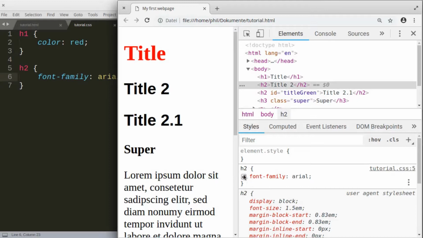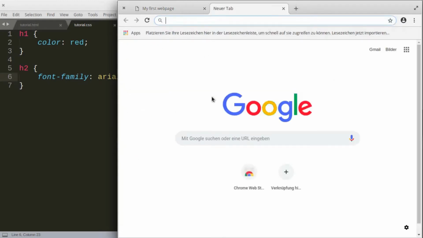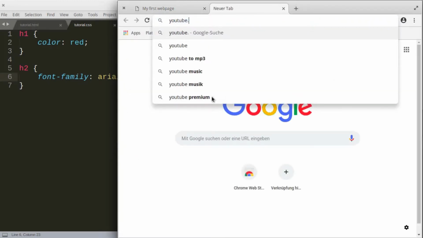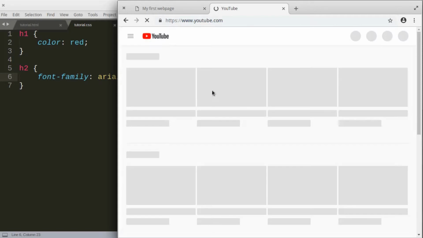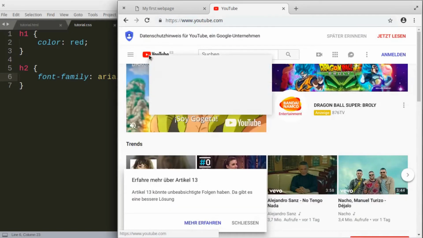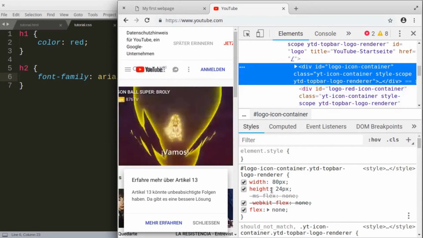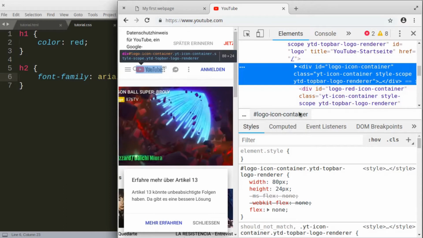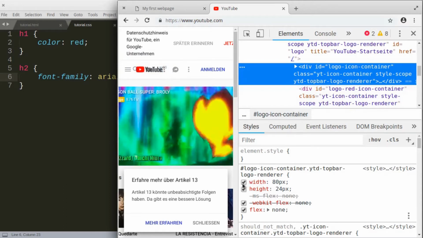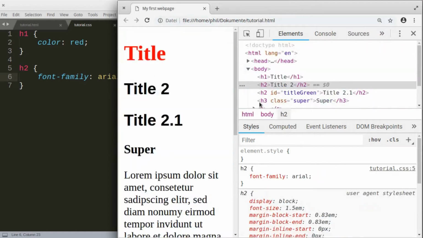And if you wanna see what changes in the tools here, you can just switch it off. This is what it would look like without the property, turn it back on within the property. And you can also do this on YouTube if you want, but be aware that you are not actually changing the site YouTube. You are just changing your local view of the site with this, but you can do it. You know what? Let's